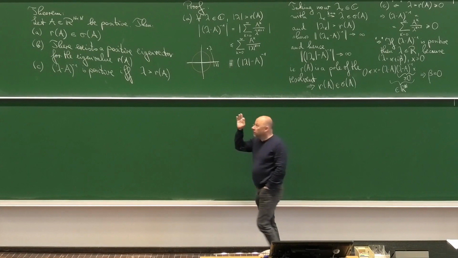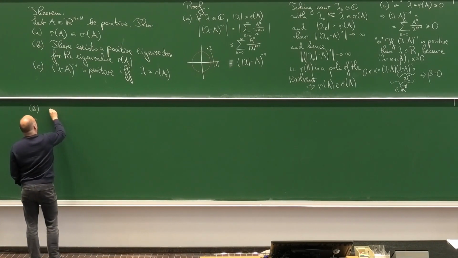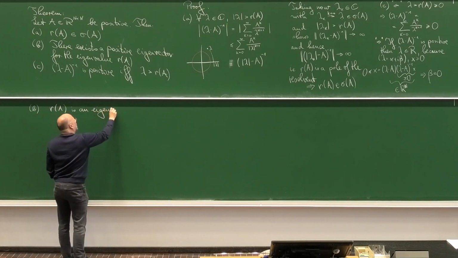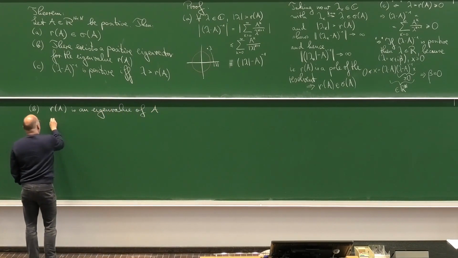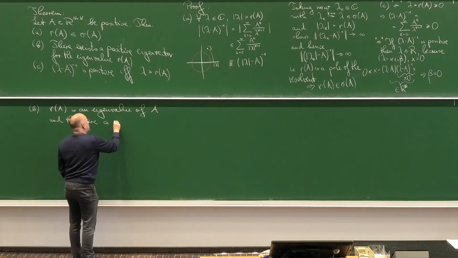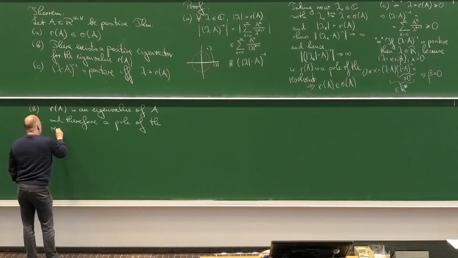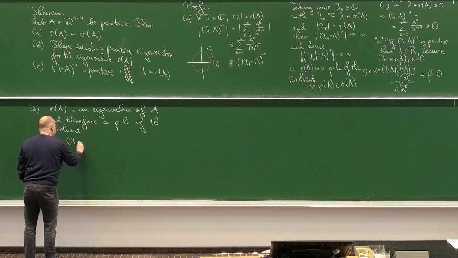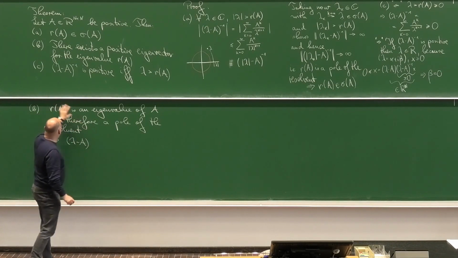So let us prove the assertion B. So we already know that r of A is an eigenvalue of A by the part A, and therefore a pole of the resolvent, which means that I can write the resolvent, at least for lambda close to the eigenvalue here,